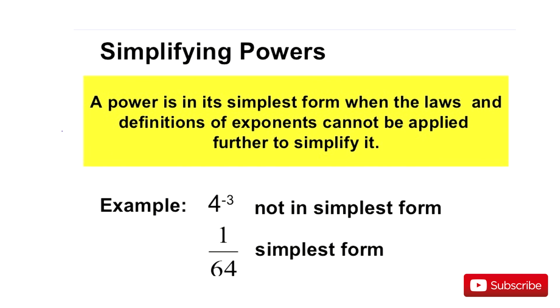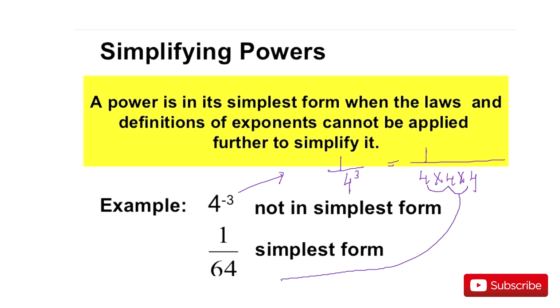फॉर्म, है ना, तो 4 to the power -3, तो मतलब सबसे पहला हमारा स्टेप क्या बनेगा, नेगेटिव पावर है तो हम सबसे पहले इसको पावर को करेंगे पॉजिटिव। उसके बाद इट इज सेइंग 4 to the power 3, दैट मीन्स 4 is being multiplied 3 times. Now when it is multiplied by 3 times, that means 4 4s are 16, 16 4s are 64, so that is it's here. So my final answer is 1/64. Now 1/64 is a fraction, it is in the simplest form, we cannot reduce it further.